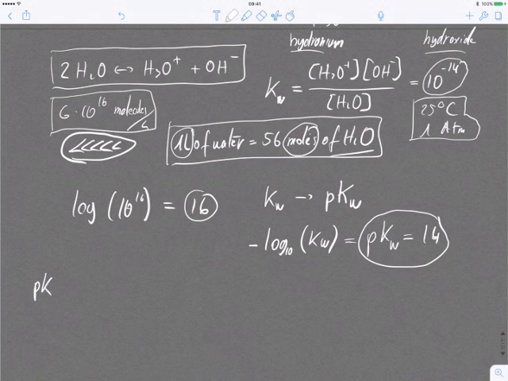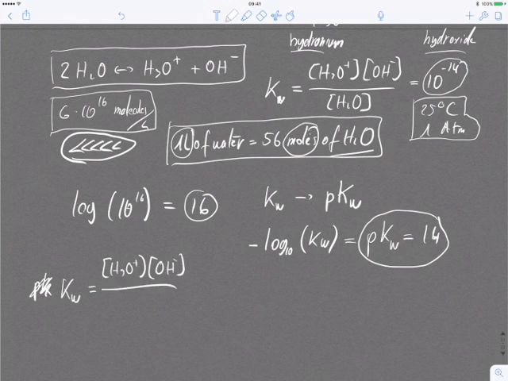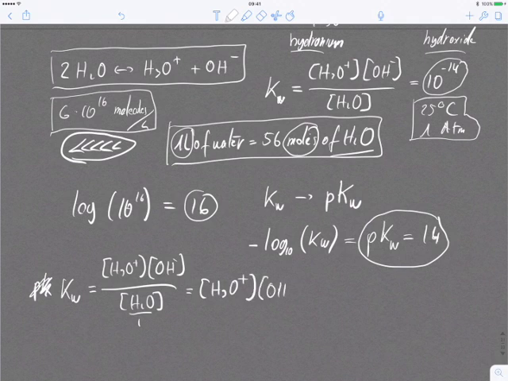Let's simplify by the K of the water, equal to the concentration of H3O plus times the concentration of OH minus, divided by the concentration of H2O. This is a liquid, so this is 1. So it's equal to the concentration of H3O plus times the OH minus, and equal to 10 to the power